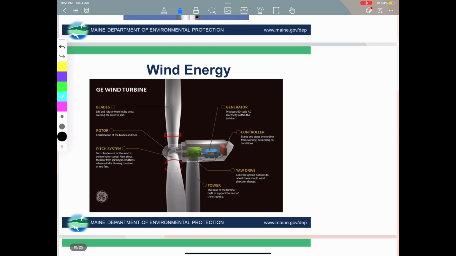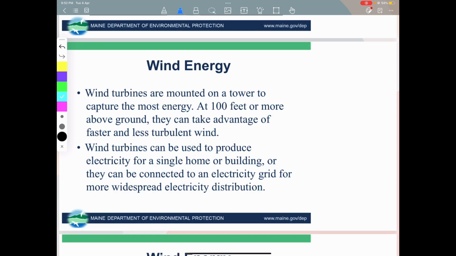And the yaw drive controls the upwind turbine. And the tower is the base of the turbine, built to support the rest of the structure. Wind turbines are mounted on a tower to capture the most energy, and wind turbines can be used to produce